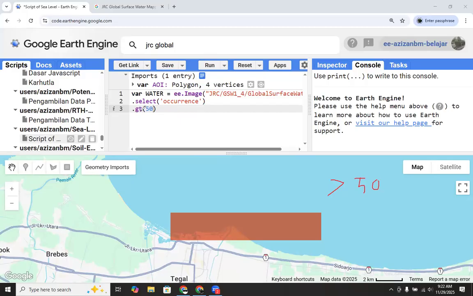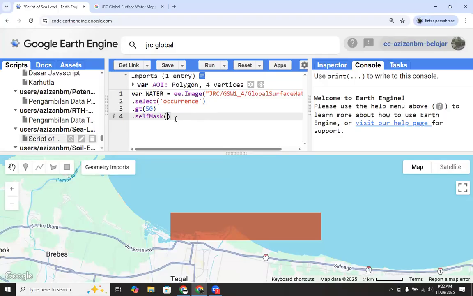We use the GT function to define the probability of whether it is water or not. And then we use the self mask to choose only the water area.